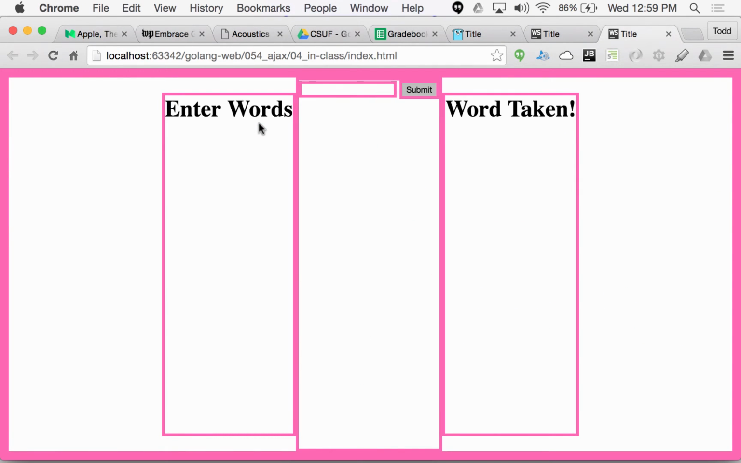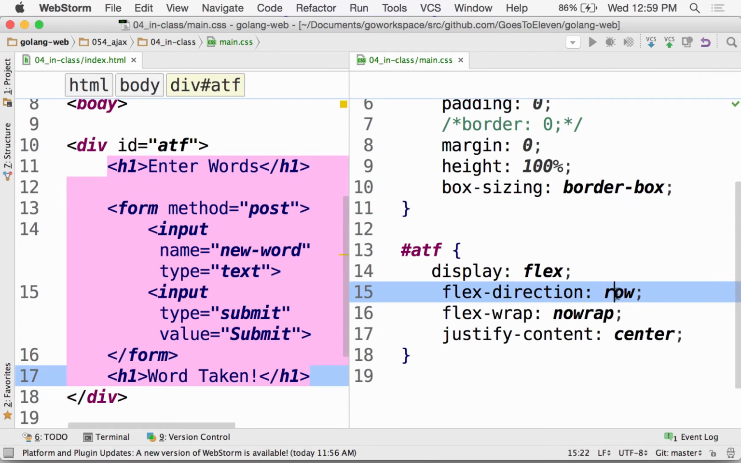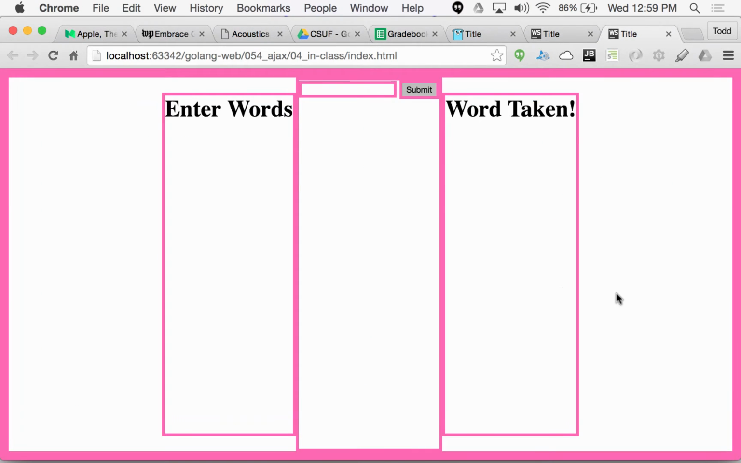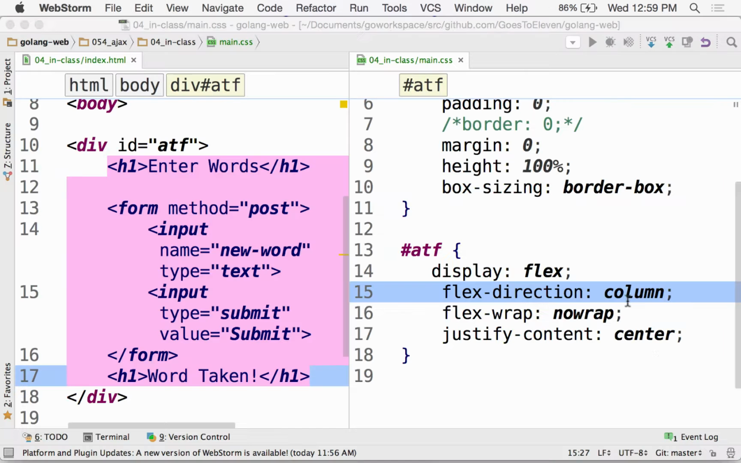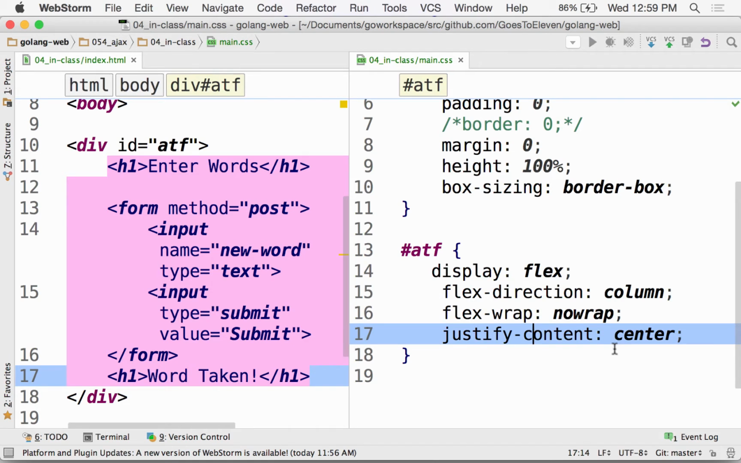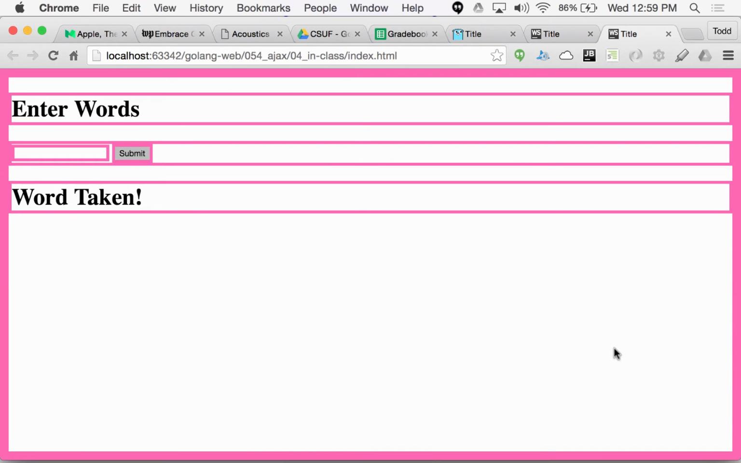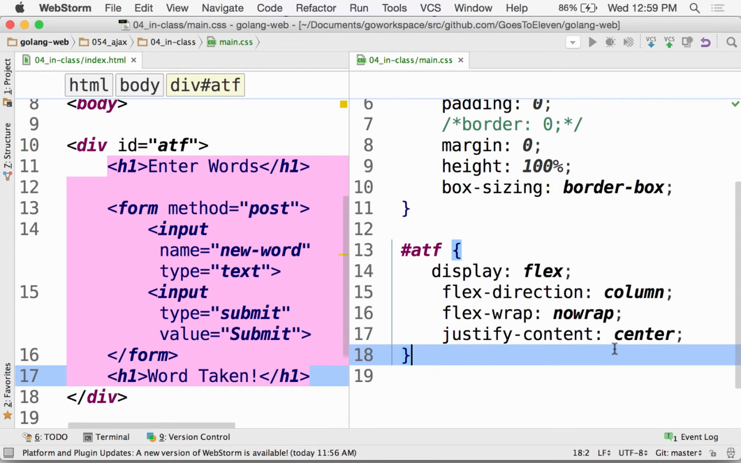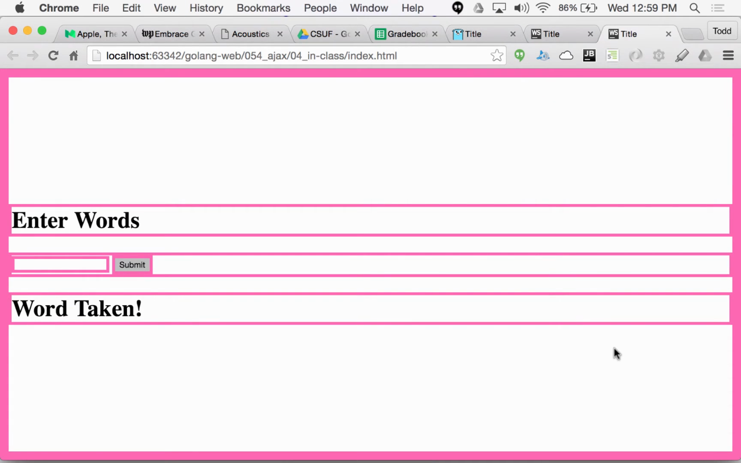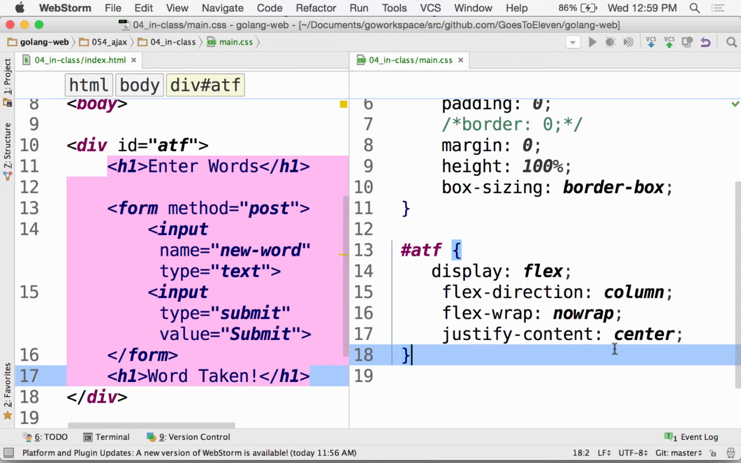Those are all now in a row. And if I do column, cool, they're now all in a column. And because I had justify content center, it centered it across the size of that container. Right? And so the way it works is